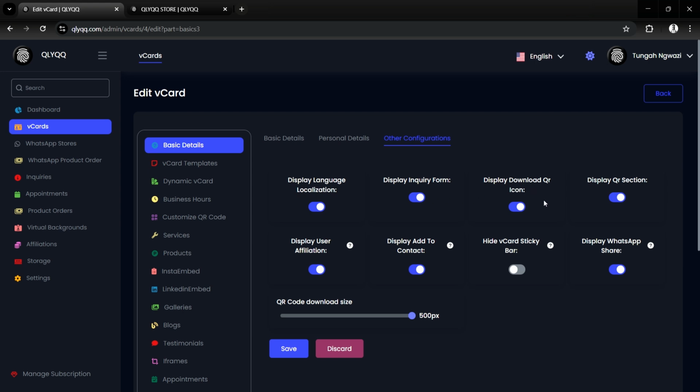If you want a client to be able to download a QR code, you have to toggle this on, and toggle this on if you want a QR code section to be displayed on your digital profile. If you want to accept any affiliates through your referral link, you have to toggle this section on, and then